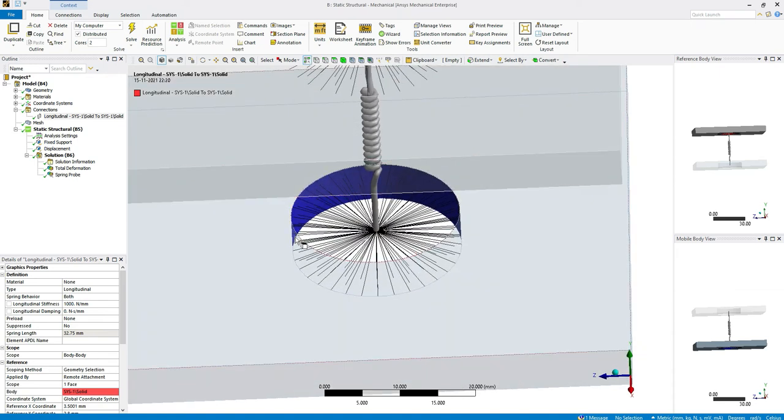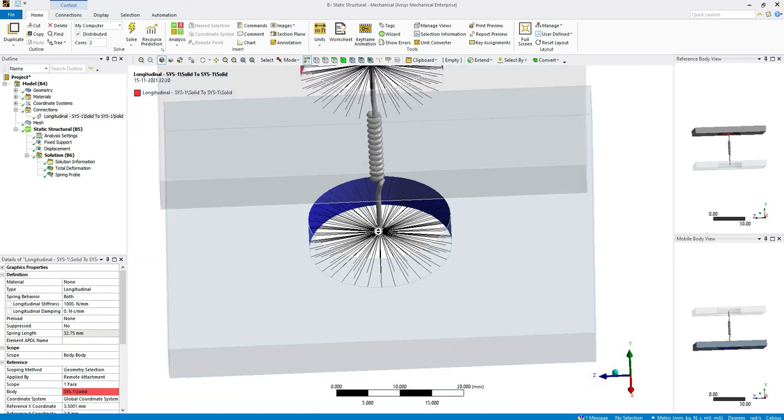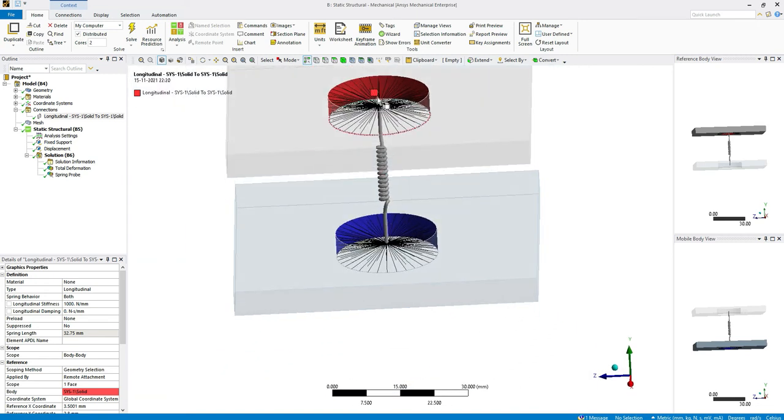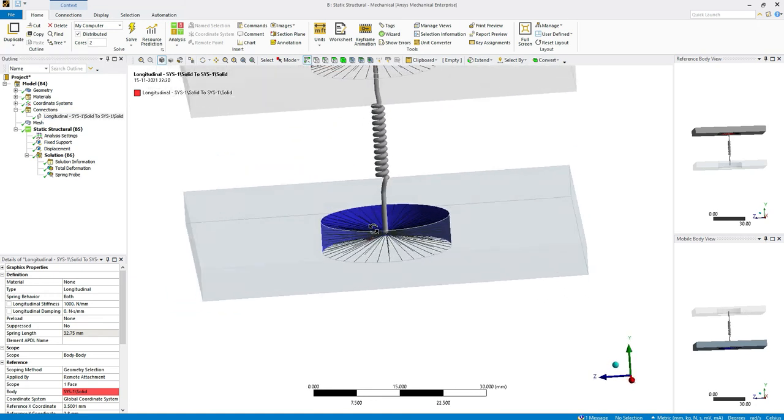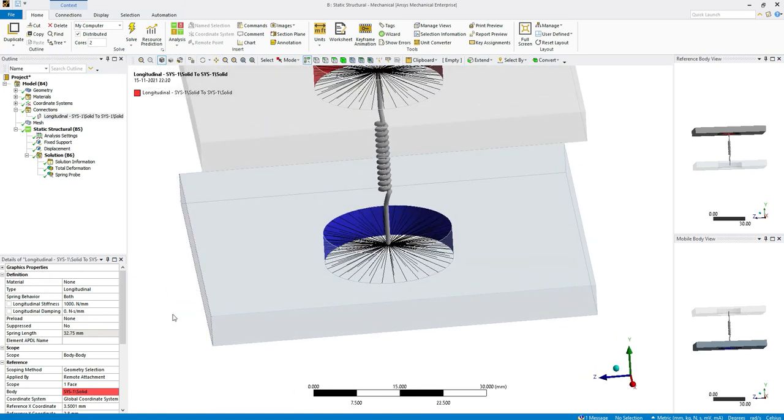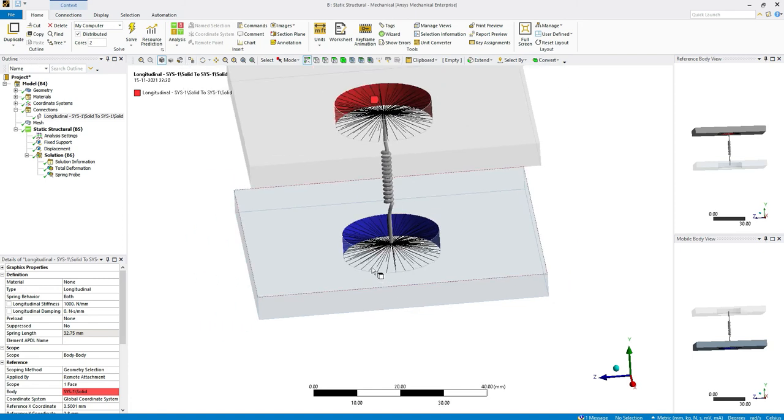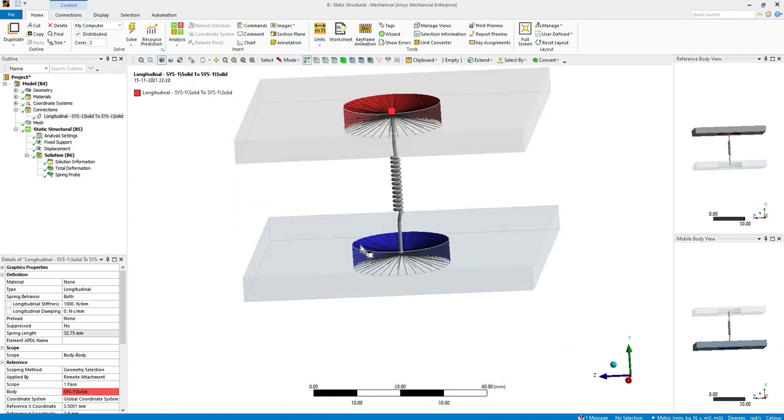So we can assume that there is some target node that Mechanical is creating in the background at this location, and that target nodes at both top and bottom faces associated with the top and bottom faces are used to connect these two springs. And after that, some surface constraint will get written out, which will mainly control the behavior. Like you want to make it behave like a rigid or as a deformable. That is something that we can also control.